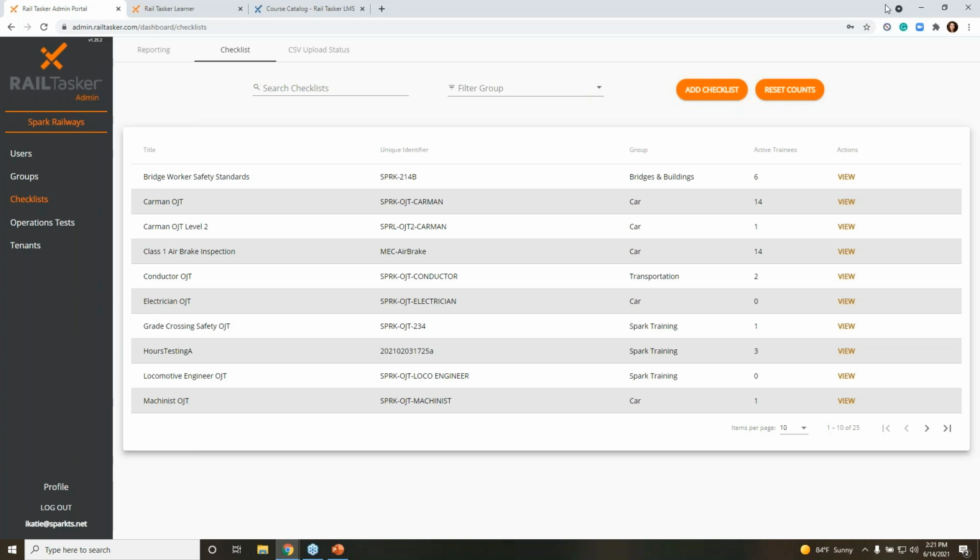I do have slides somewhere on this stuff, but I'm just going to talk to it. The other thing is that periodic oversight is really limited in scope for 243. Conductors and engineers are exempt because they're covered elsewhere. But that said, you're really talking about Part 214, Part 220, and Part 218. Now, the difference is with operations tests, there were generally specific tests completed inside those CFR parts.